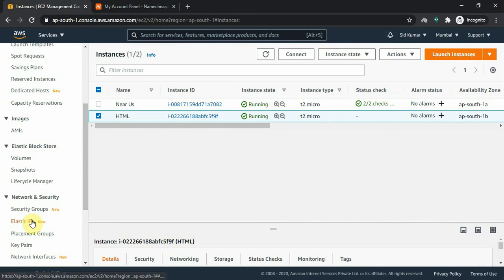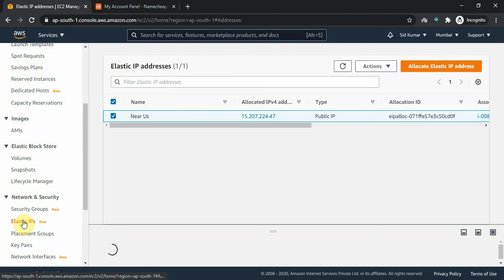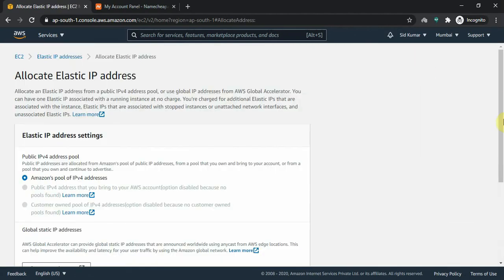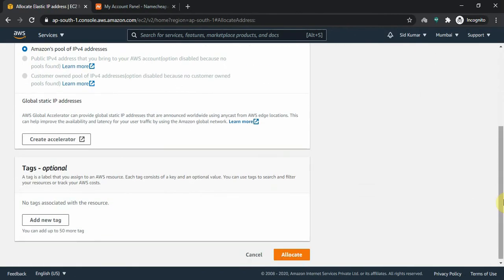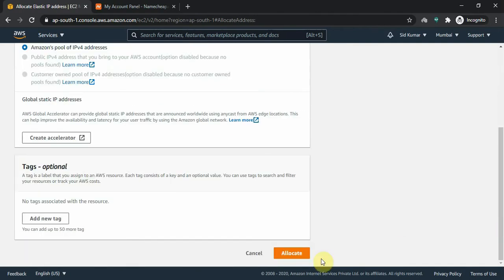Now what is an elastic IP, right? An elastic IP is a layer upon your IP address and it is fixed. Sometimes we may get an error in our server, so we have to restart, right? Whenever we restart, our IP will change. So the IP which is connected to the domain will also change. So it will create a problem later on. So we will create an elastic IP here.